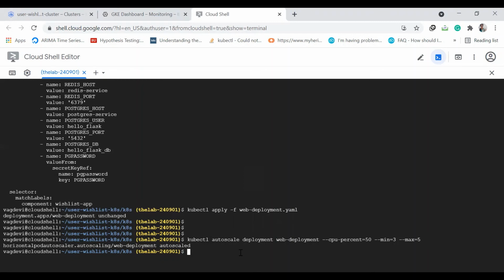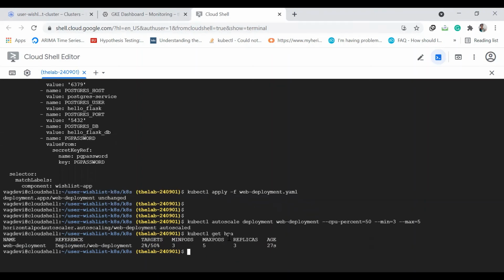So hit enter. So it's saying horizontal pod autoscaler. Okay, so basically by doing autoscale, we mean that we want to scale the pods horizontally, which means increase the number of pods when the CPU utilization crosses this. Okay, so now we can see if this is created or not using kubectl get HPA, which means horizontal pod autoscaling. So the name is this, like that, autoscaling, that HPA is applied to this deployment, and then the targets. So out of 50%, 2% CPU utilization is there.